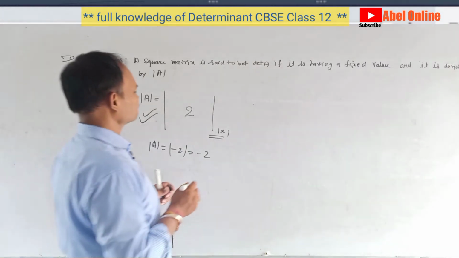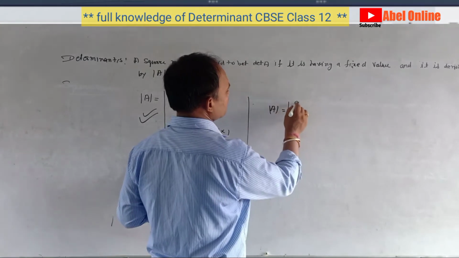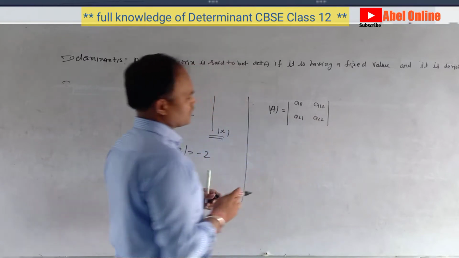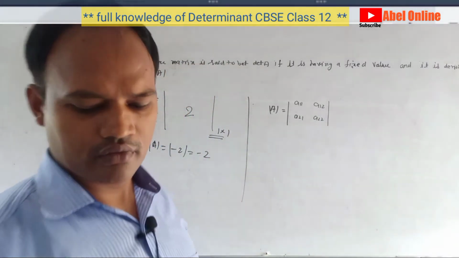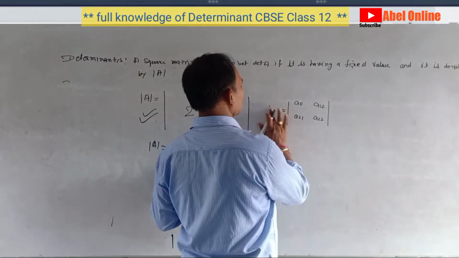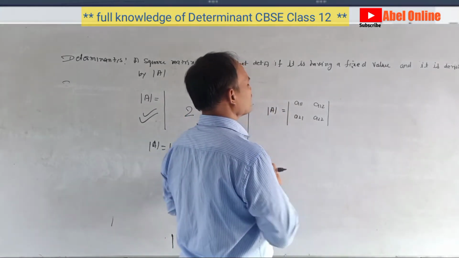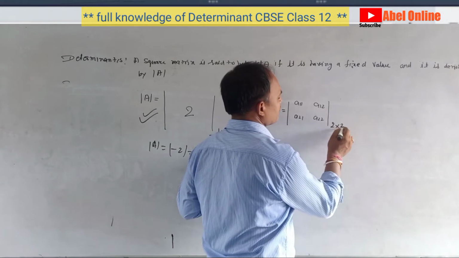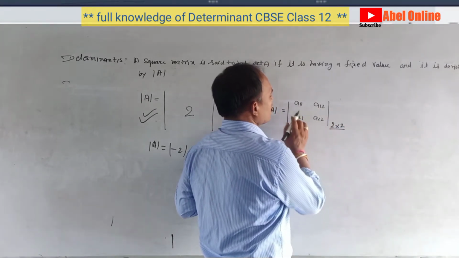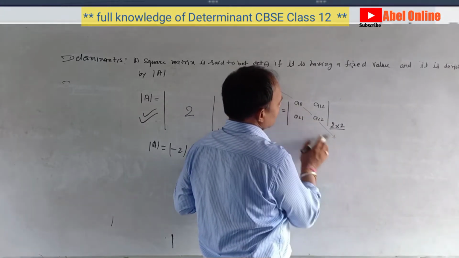So this is a determinant of order 1 cross 1. Now what about a 2 cross 2 determinant? Suppose this is A11, A12, A21, A22. It is a determinant. So when we are talking about the determinant of A, how can we solve it? When we are talking about the 2 cross 2 determinant, it is A11, A12, A21, A22. Always remember this is said to be the main diagonal.